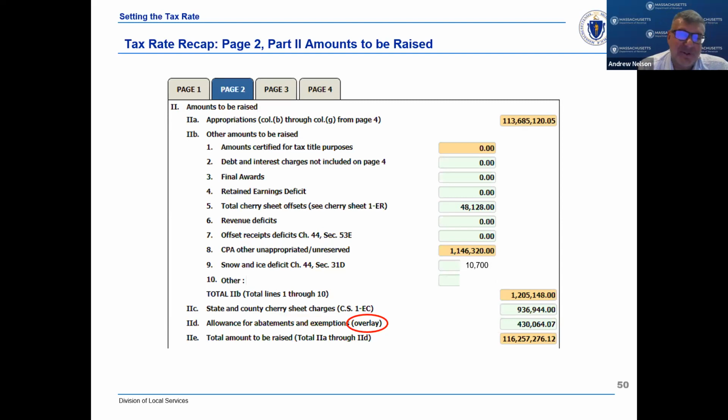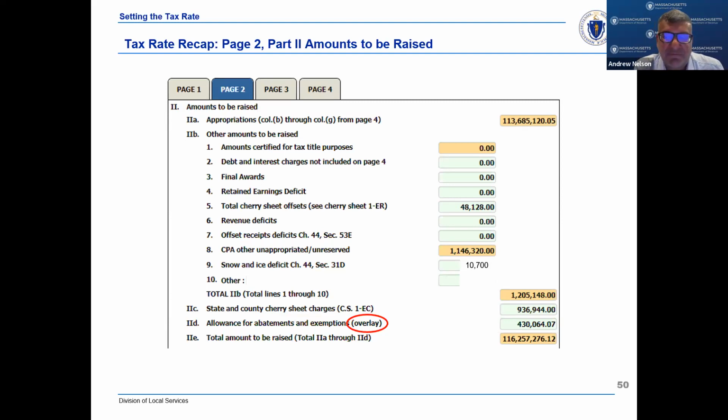Overlay, this is your allowance for abatements and exemptions. This is what you're expecting to not collect in property taxes. No one collects 100% of their property taxes. This is the amount you're kind of expecting to not receive during the year. You're raising that amount because you don't think you will collect that. It's usually based on historical numbers. All of those things come up to